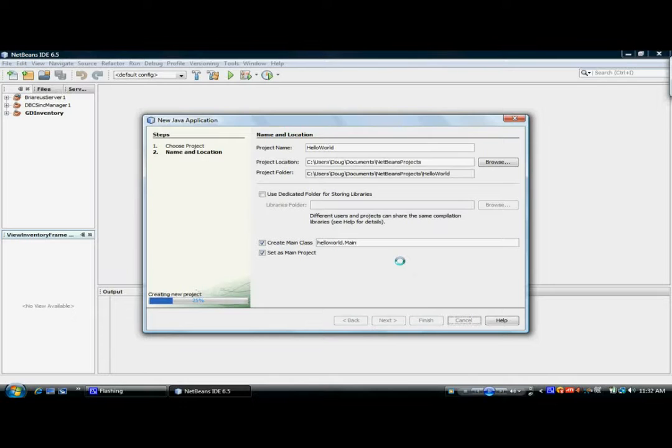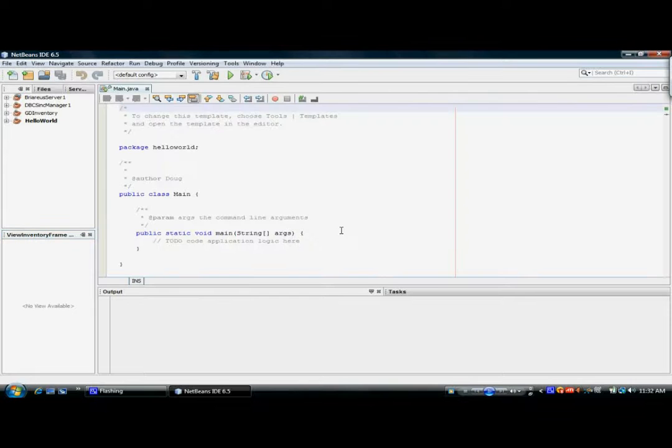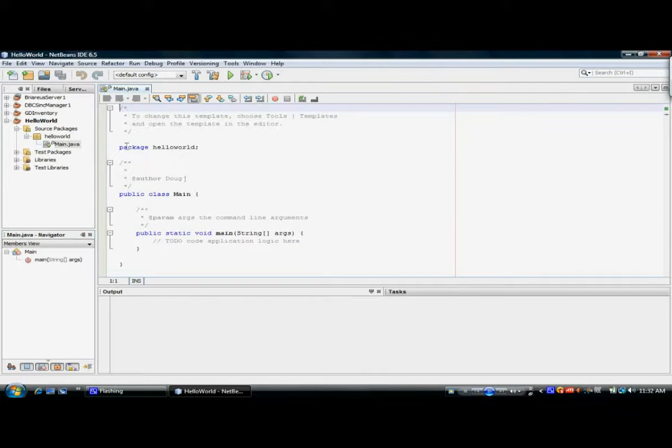And it's going to go ahead and create our folder for the project and our package, as well as our first source code file here, and it automatically is going to put in our main method. And so all we really have to do to create a Hello World application is type here